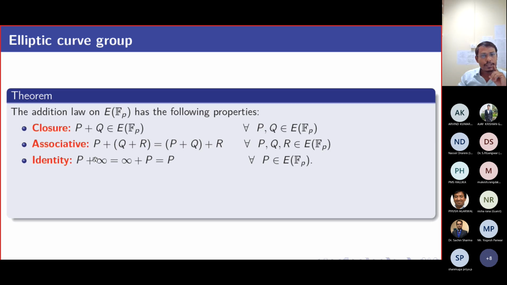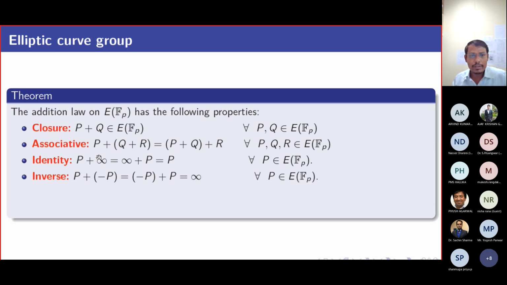As I said, the point at infinity is defined for the purpose of the identity element. So it serves as an identity element: A plus E is equal to E plus A is equal to A. For any point on the elliptic curve, if you add the point at infinity, it will give the same point again. That is why it serves as an identity element. Now the inverse of a point. If P is a point, its inverse is the negative of P, because P plus minus P gives the point at infinity.